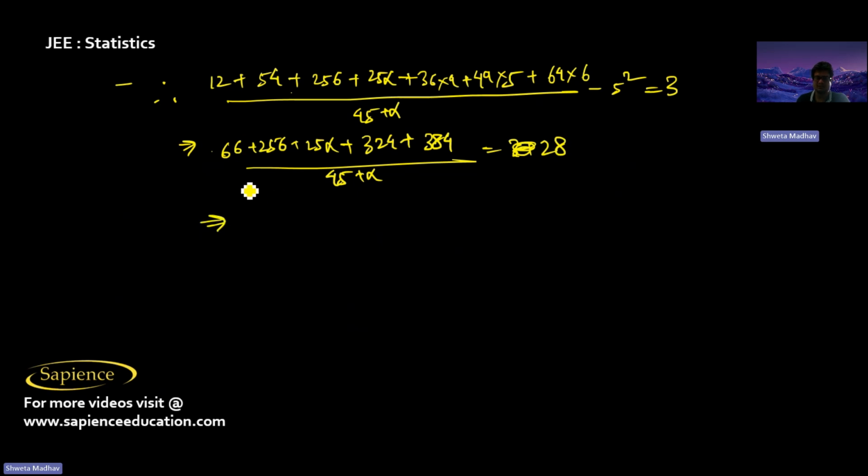So this will be 384 plus 324 plus 66 plus 256 is 1030, plus 25 alpha, that is equal to 28 into 45, that is 1260, plus 28 alpha. So therefore, I can say 3 alpha will be equal to